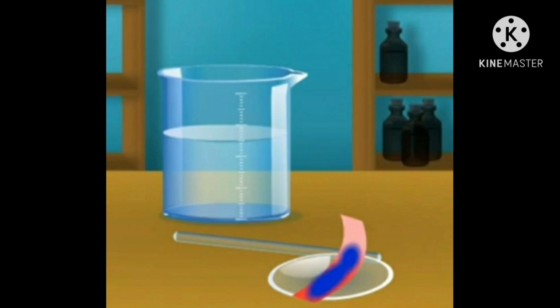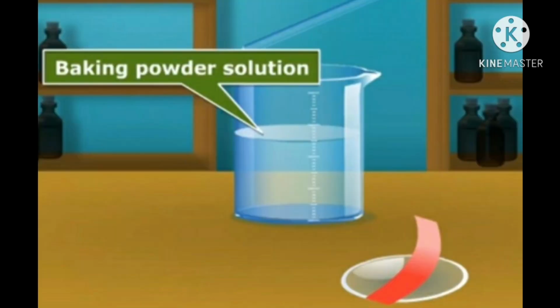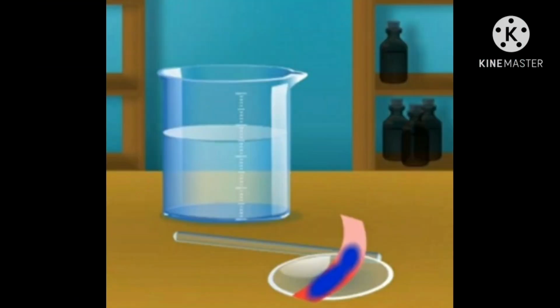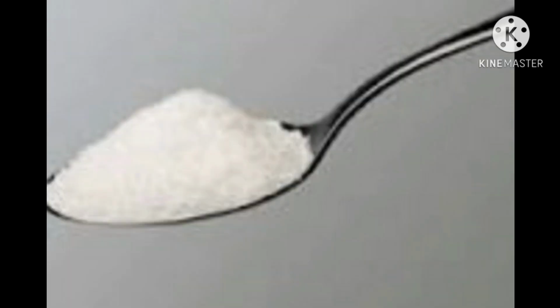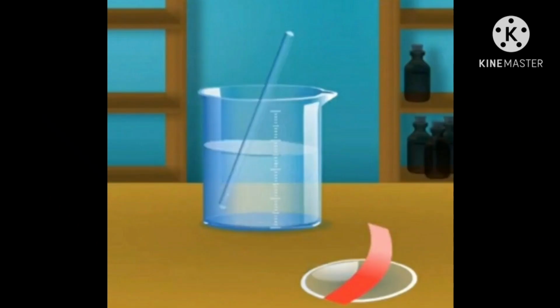If a drop of the given solution turns red litmus to blue, then the given solution will be basic in nature, or it will be a base. For example, a drop of baking soda solution turns red litmus paper to blue. So the baking soda is basic in nature. In order to test a solid substance with a dry litmus paper, it is necessary to make a solution of the solid substance in water. Otherwise, the color change will not take place.